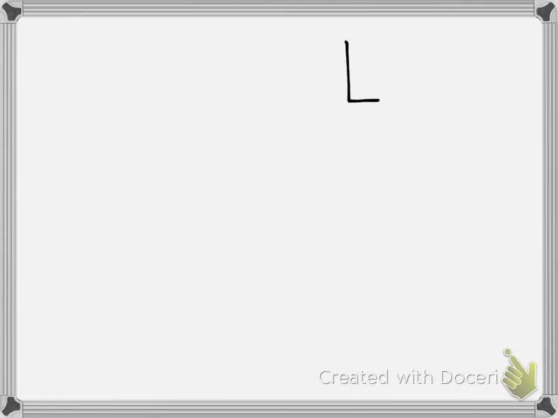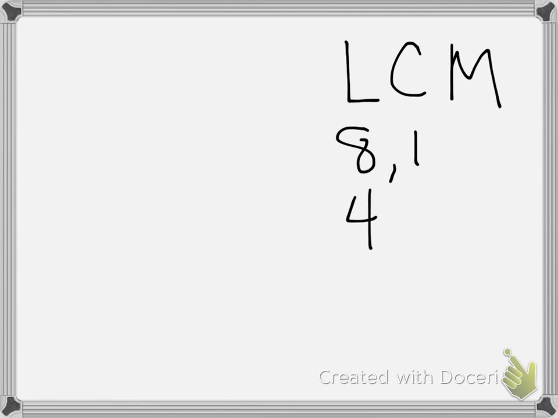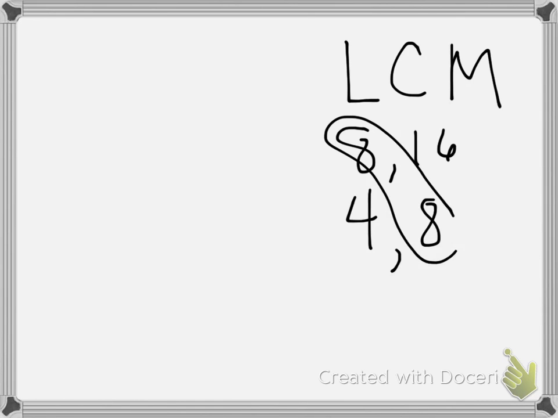So we're going to use LCM, least common multiple, to get a multiple that is common between 8 and 4. Not going to go that far with 8. Just going to use skip counting, 8, 16. Then for 4, 4, 8. Going to stop right there. We see that the least common multiple between 8 and 4 is 8. So 8 is the least common multiple. And using that,